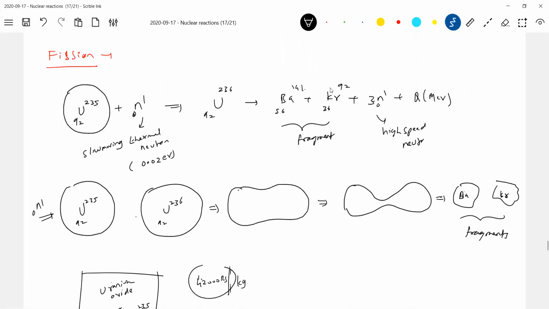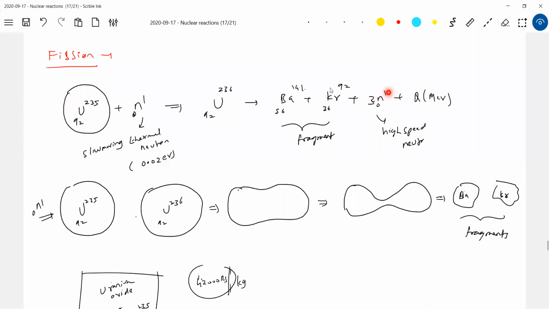I want a chain reaction. Chain reaction means these neutrons should go again and be captured by uranium-235. Fission will occur only when uranium-235 encounters slow moving thermal neutrons. So the neutrons have to be slowed down. In the nuclear reactor chain reaction, the neutrons generated by the uranium-235 fission reaction should be used again for the reaction. So what is the next duty? I should slow down these neutrons. For this I'll go for moderators.